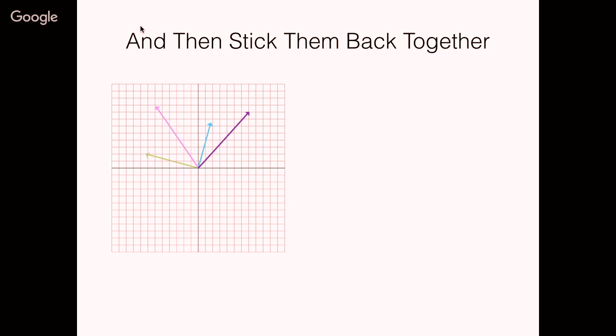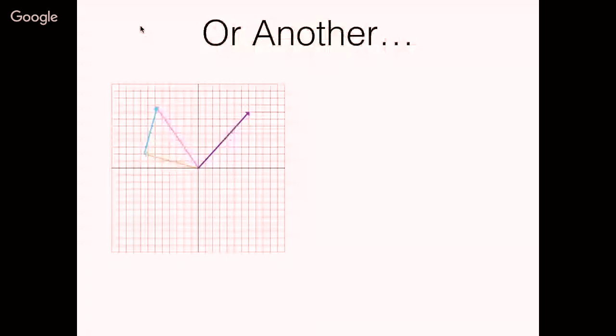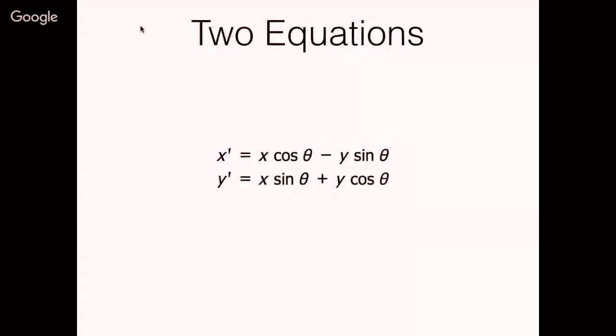But you can see that we're trying to move the purple vector around, and we don't know exactly where it's going to land, but we do have two precise values for the x component being rotated and the y component being rotated, which is nice. And then you can just add them together, so it looks like that, or you can add them together and it looks like that. But either way, you end up with these two magical equations.